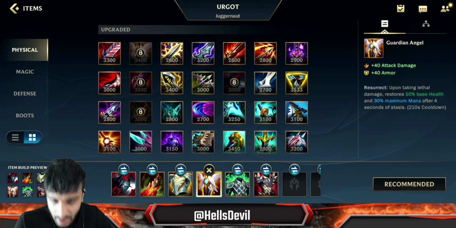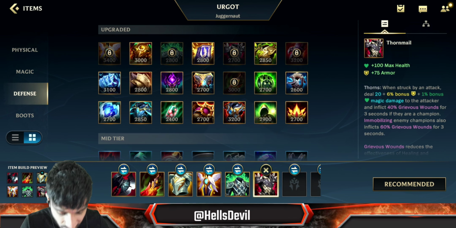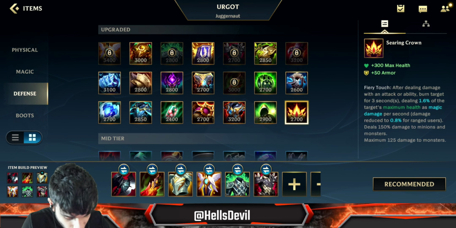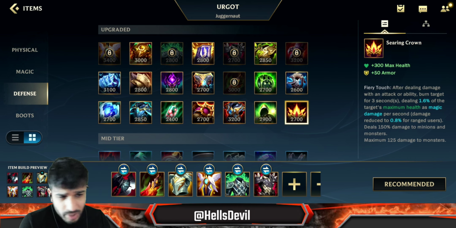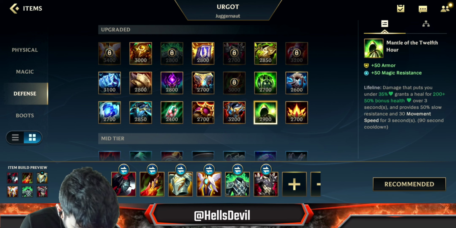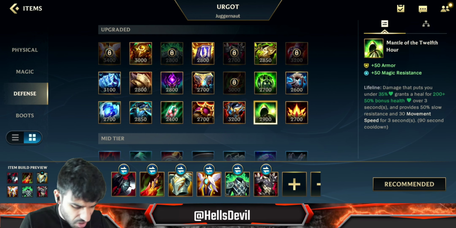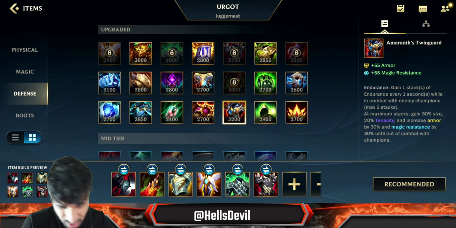Guardian Angel is great to have. And in the late game, Urgot becomes tanky as well. So in the late game, you can buy tanky items. And then yet again, with the new items, you don't want to go for Soaring Crown because Urgot is a ranged champion. You're only going to be doing 0.8% damage, right? And in this item, Mantle of the 12th Hour, this one is also not really worth on Urgot, I would say. And then this one, Amaranth Twin Guard, also not...